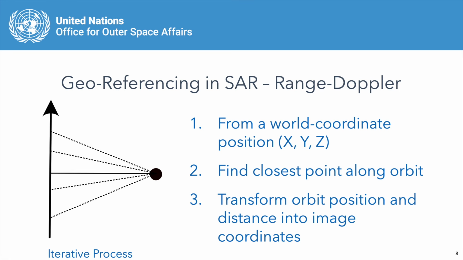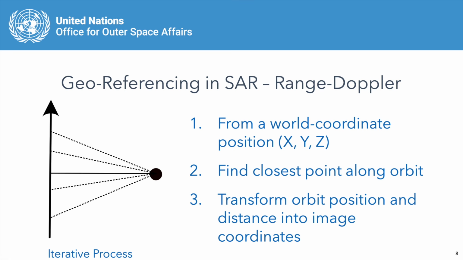So if we have a SAR satellite system, we're looking at the orbit of the satellite, and we're looking where is that point closest to that orbit, and we say, well, at this position that's closest to our area on ground, that's when that target was imaged, right? And from that we can then determine the position of the satellite,